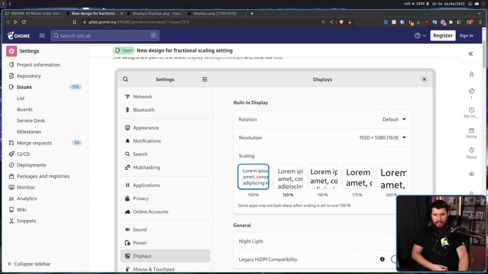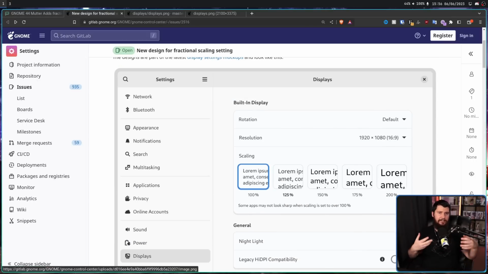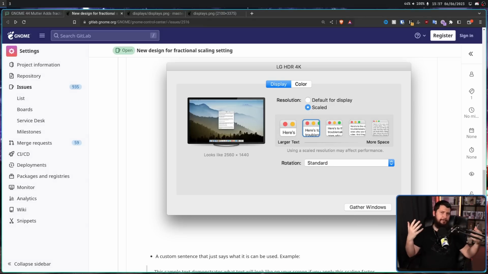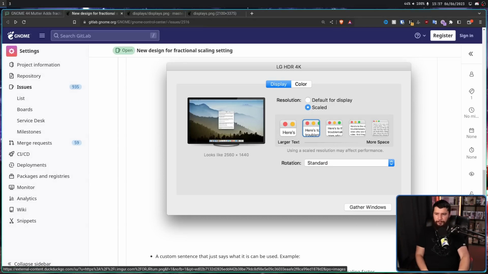Because while it's nice to have this here to give you an idea of the text itself, it would be a lot easier to see what's going on, to see a representation of the window on your actual desktop. Sure, it's not going to be exactly perfect, and even this says it looks like 2560 by 1440. It's not even entirely certain that that is the exact size it's going to be. But it doesn't have to be an exact size, it more has to be a relative size to give you an indication of how much the difference is going to be,